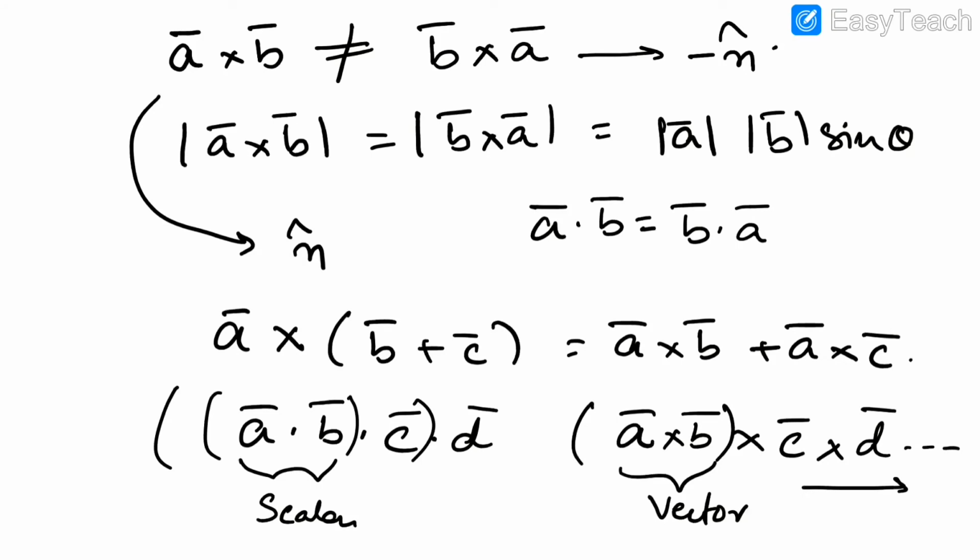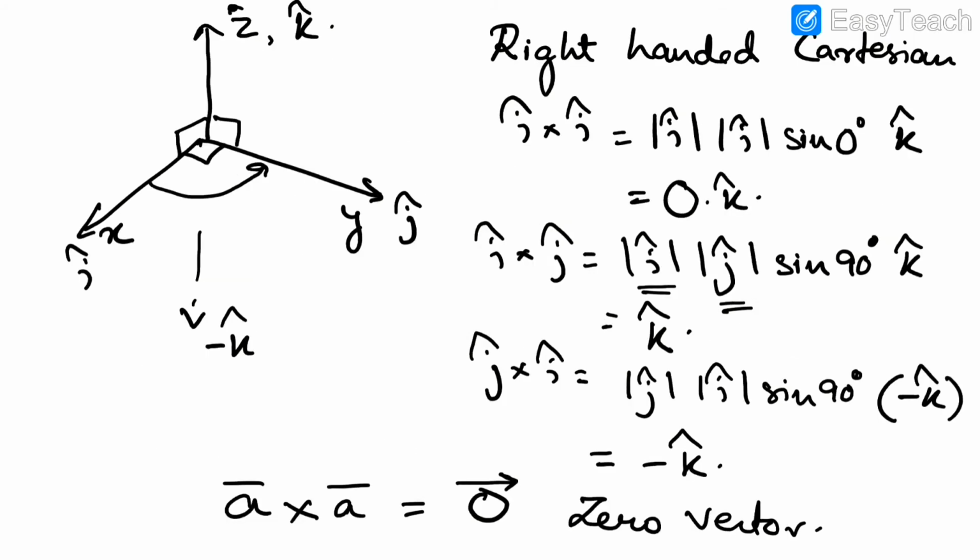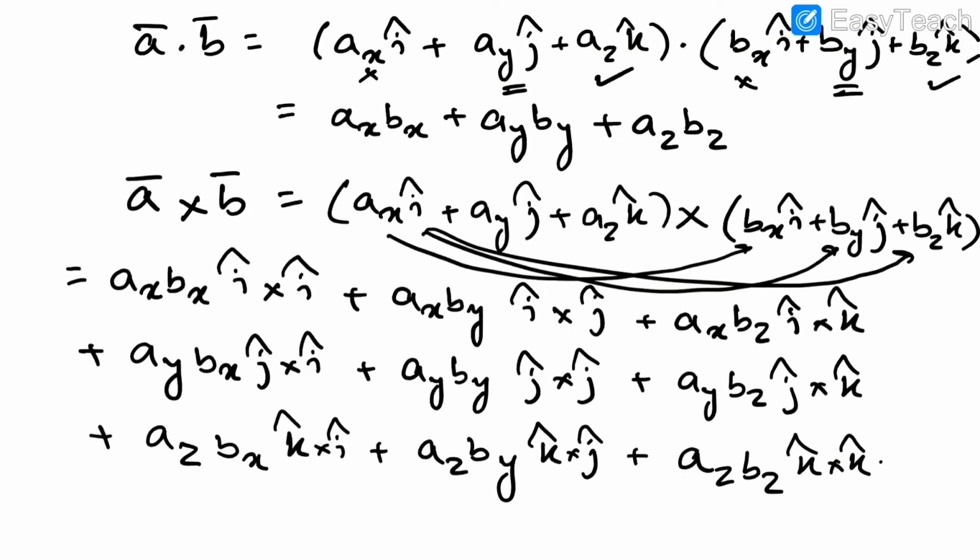Okay, so we'll complete whatever we were doing in the Cartesian coordinates, that is this multiplication. What does it result in? So now we'll plug in all the values that we are getting as a result of cross multiplying the unit vectors, right? So multiplying with itself, the cross product with itself is a 0, right? And for the rest, all magnitudes will be 1 or -1 with some unit vector pointing in the right hand thumb direction accordingly. I cross j, that we know is a k cap, j cross I is a minus k cap. So once we write that down,